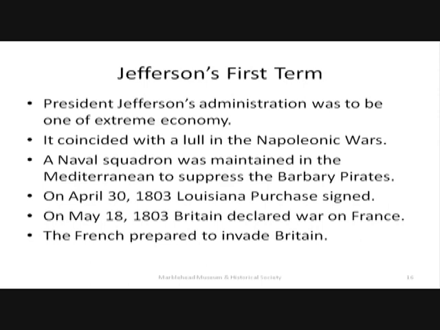Now, Jefferson got lucky. He definitely wanted an administration of extreme economy. This for a man who was in debt up to his eyeballs. In order to pay for the ships, a tax on whiskey had been put on and a land tax was put on. And the Westerners and the Southerners of the Democratic Party absolutely hated it.